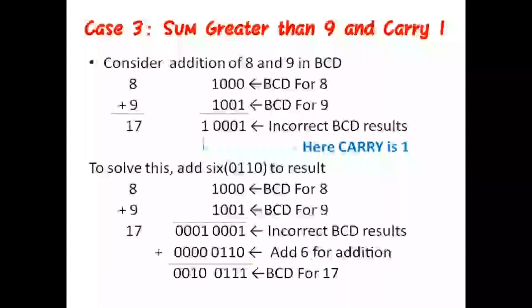Next, similarly here, the sum is greater than 9 with carry 1. Here I have got a carry. Similarly here also I need to add a value called 6, so that I'll be getting the 17 result as 1 separate and 7 separate. Instead of representing 14 or 17 as one binary number, represent it as an individual 1 and 7. So it will be valid in our BCD numbers. These are the three important cases which you need to remember.